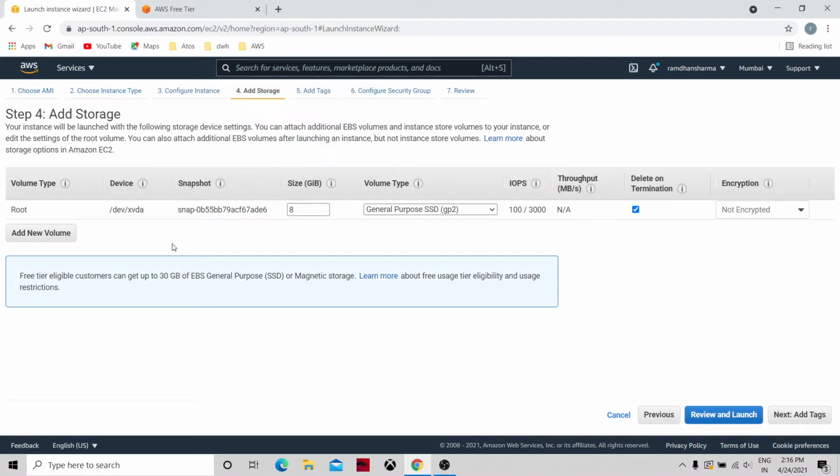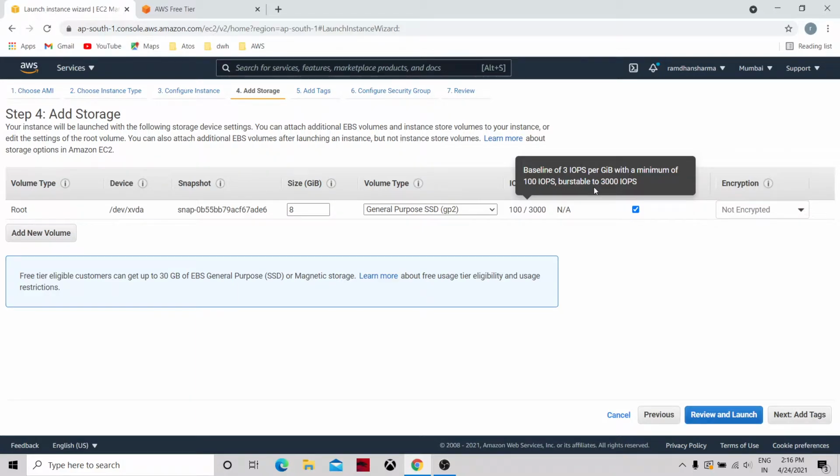The next is storage. By default, the storage comes as general purpose solid state drive, which is 8 GB. The IOPS is 100 to 3000. IOPS means input output per second. So see, a baseline of 3 IOPS per GB with a minimum of 100 IOPS is available.